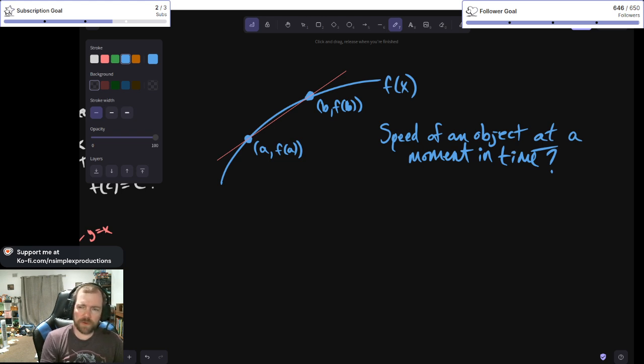Right, so how do we figure out the speed of an object at one particular moment? So he wasn't actually able to figure out that, at least not immediately,